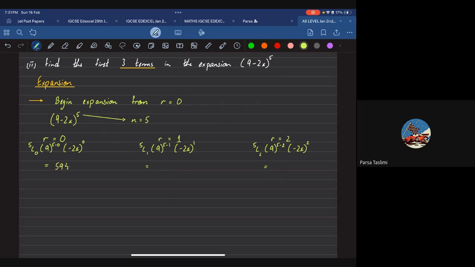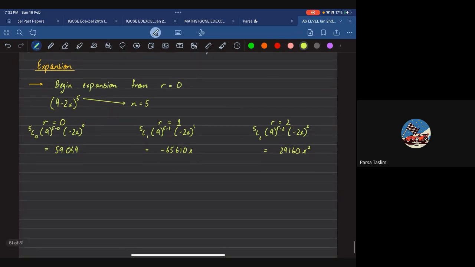The second one is minus 65,610, with an x. And the other one is 29,160 x squared. So now how you're going to write it, because it's an expansion, you're simply going to say that